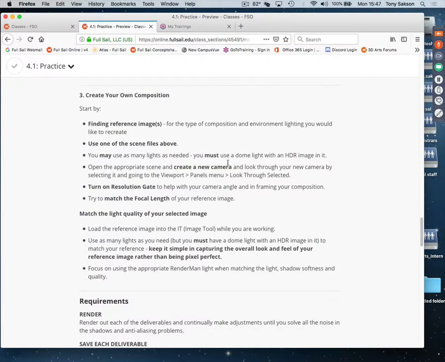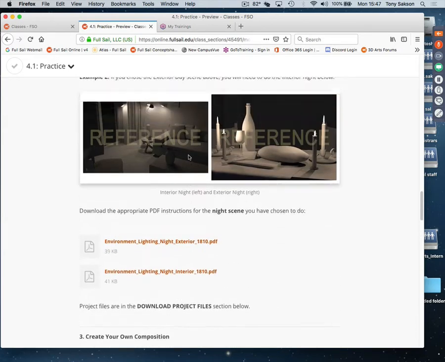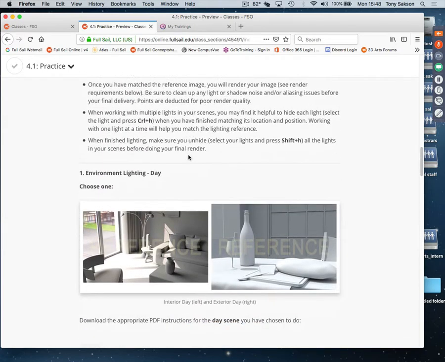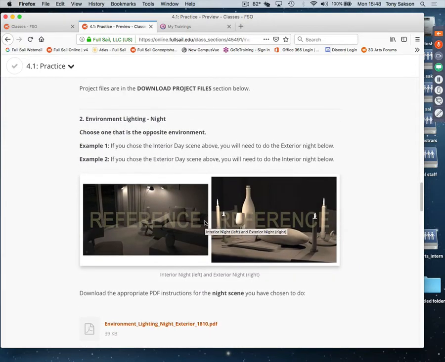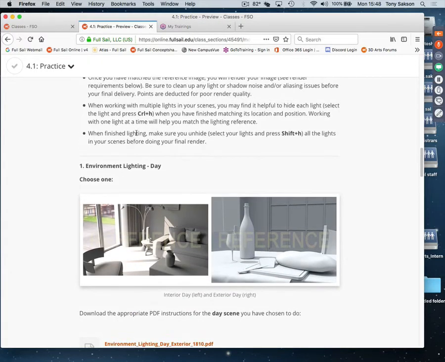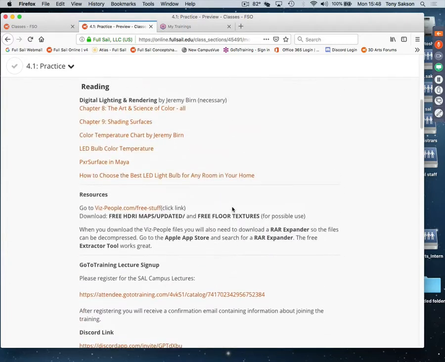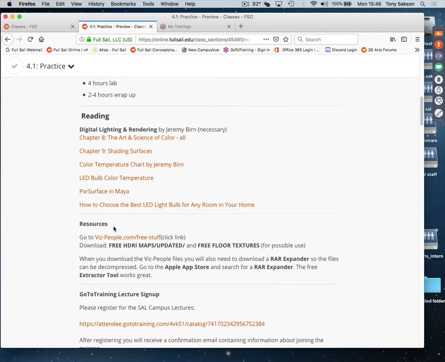All right, so let's see. Let's start with putting in, well, before we do any images, let's go get some resources. So down under the reading section, actually no, it's under resources. There is a link to the vizpeople.com free stuff. Free stuff is